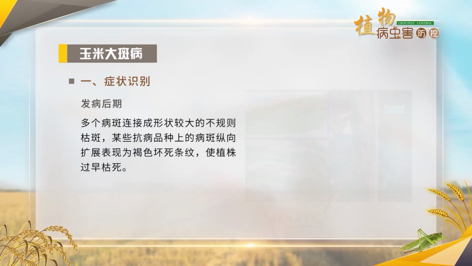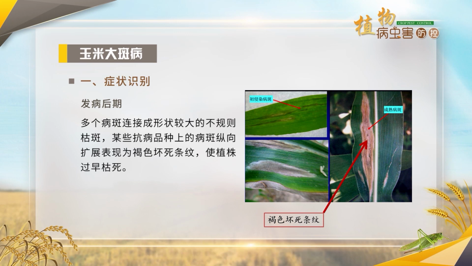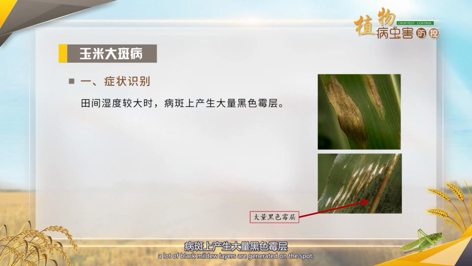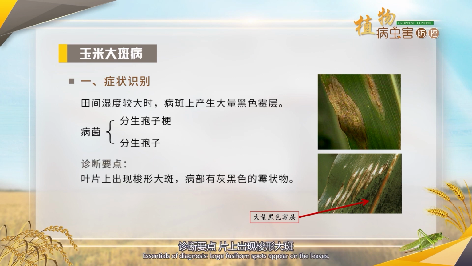At the final onset, multiple spots are connected into a large irregular wither spot. Those on some disease-resistant cultivars extend longitudinally and show brown necrotic stripes, causing the plants to wither early. When the field humidity is high, a lot of black mildew layers are generated on the spots, namely the conidiophores and conidia of the pathogen. Essentials of diagnosis: large fusiform spots appear on the leaves, and there are dark gray mold-like substances at the affected